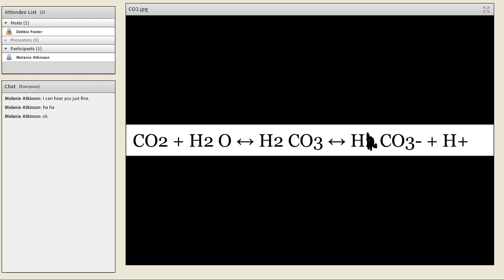We talked about the respiratory system a little bit last week, and you learned more about it, and you know that CO2 as a gas is something that we can actually